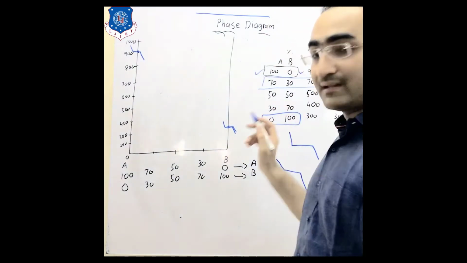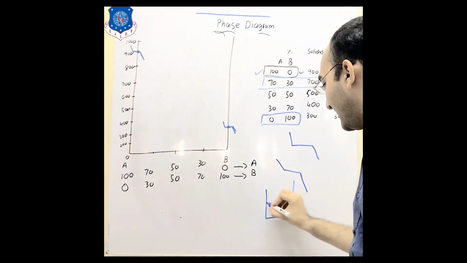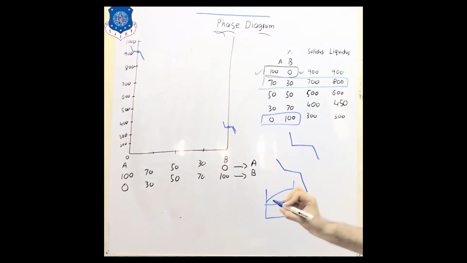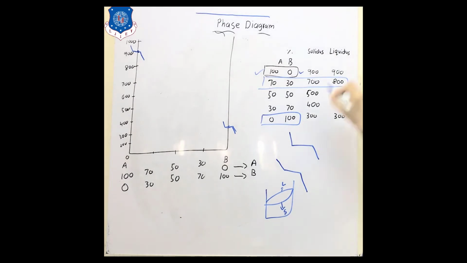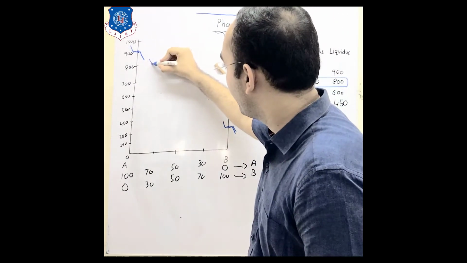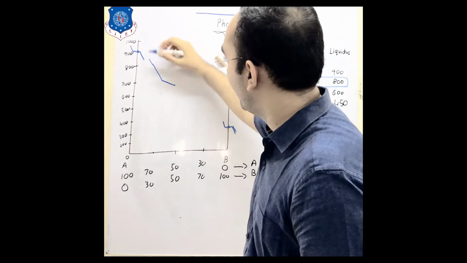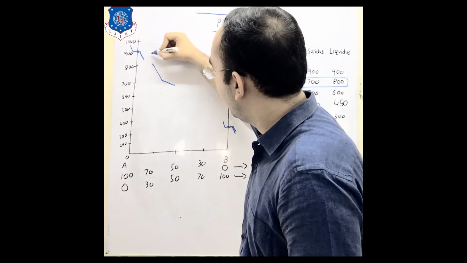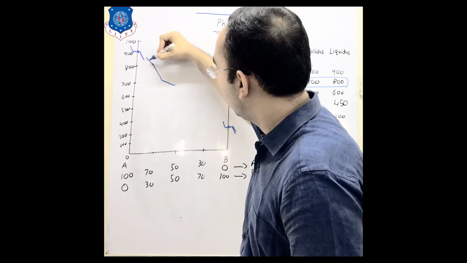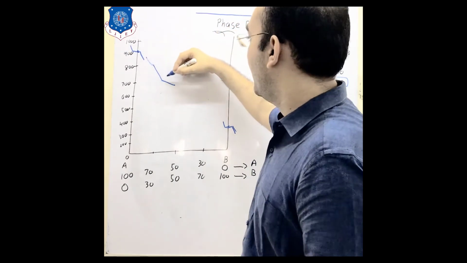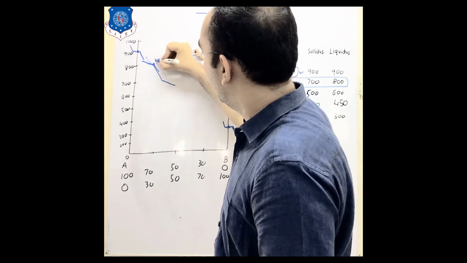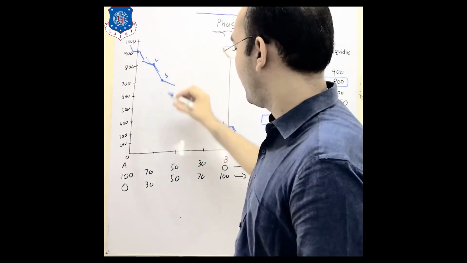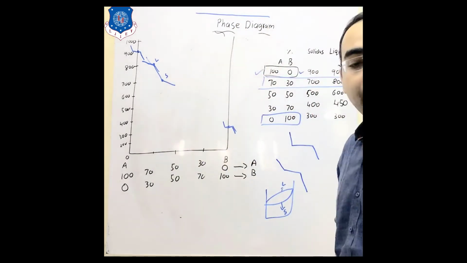What is the solidus? Now, in a phase diagram, what is the upper line? That is your liquidus. The lower line is known as the solidus. So what is the upper point? 800. So 800 to 700. Over here it can be drawn like this, from 800 to 700. Okay, so this is the liquidus point and this is the solidus point for your 70-30 mark.